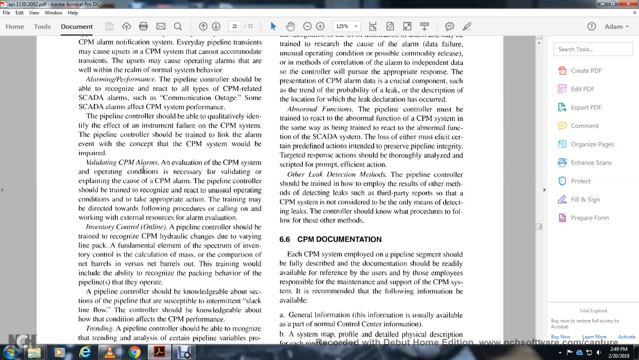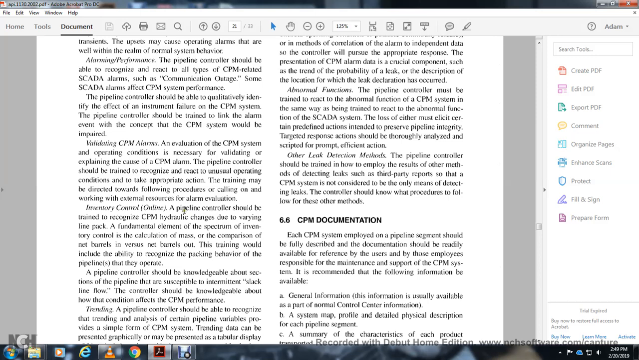Validation of CPM alarms: evaluation of the CPM system operating condition is necessary, validating and explaining the CPM alarm. The pipeline controller should be trained to recognize and react to unusual operating conditions and take appropriate action. Training may be directed toward the following: calling in and working with external resources for alarm evaluation, inventory control, and line packing. The pipeline controller should be trained to recognize CPM hydraulic changes due to varying